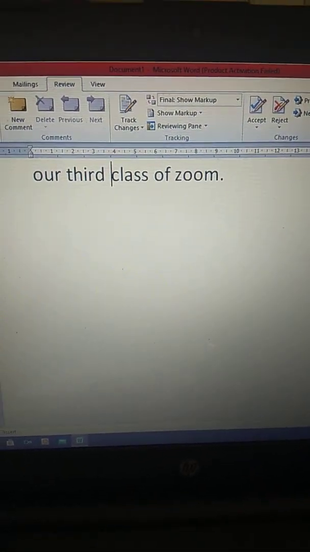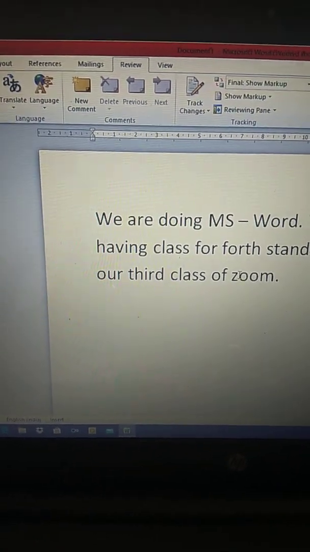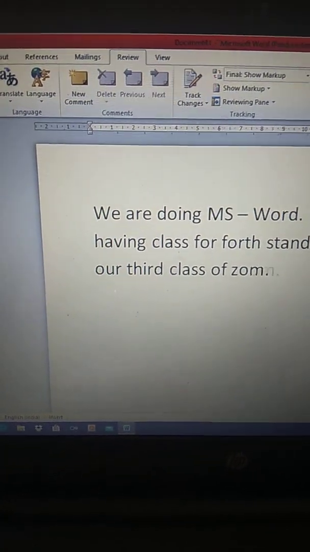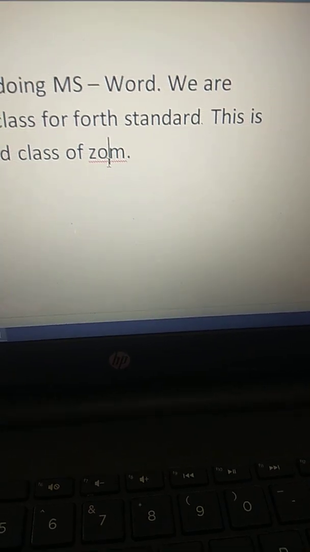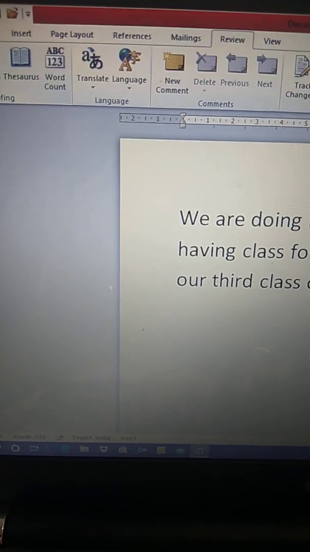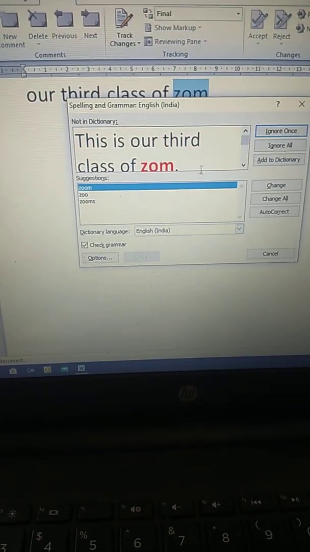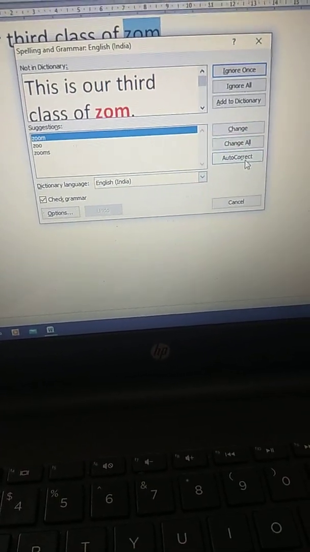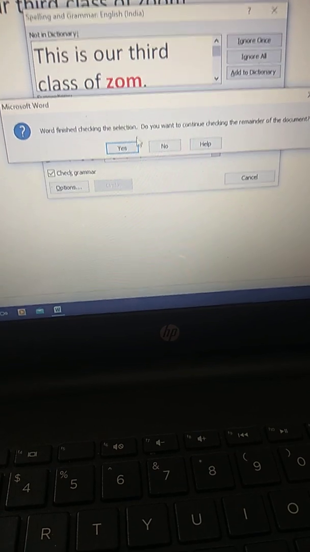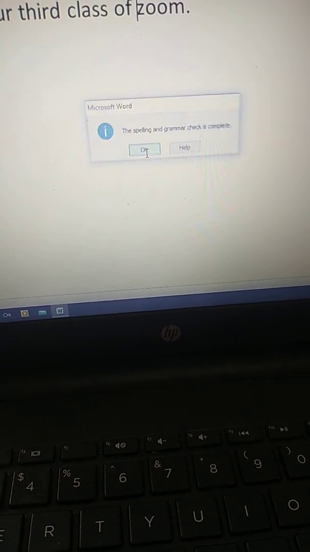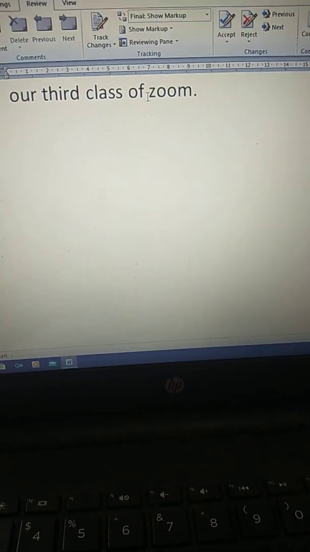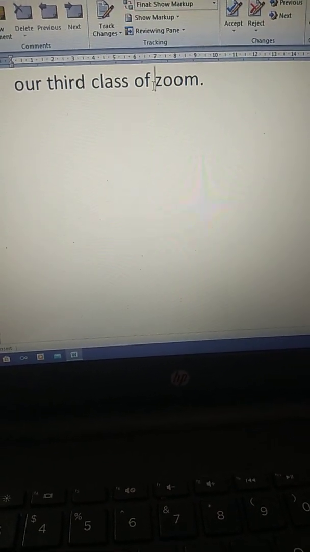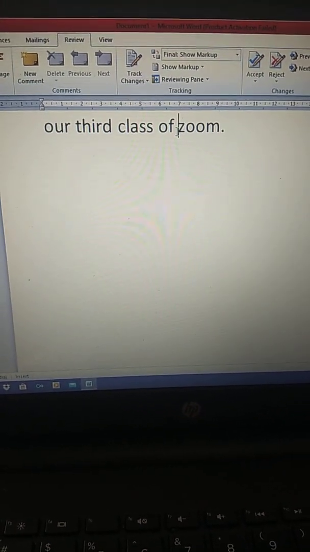Similar is the case of the autocorrect option. For example, if I have written this word and it is highlighted, Zoom, the spelling is incorrect. Again I'll select the word and go to spelling and grammar, and the spelling and grammar dialog box appears. Click on the autocorrect option. What is the function of autocorrect? I have selected only one word, that is Zoom. Then after this cursor, all the incorrect spellings will be asked one by one. I have done it only for one. For others you can do it at home on your own.